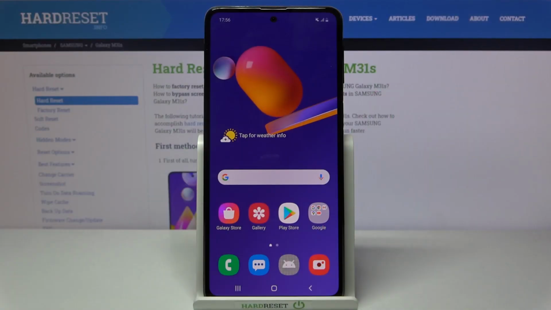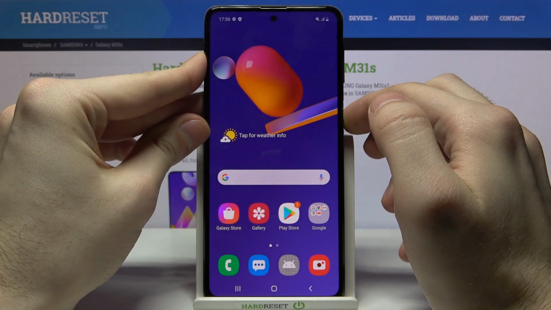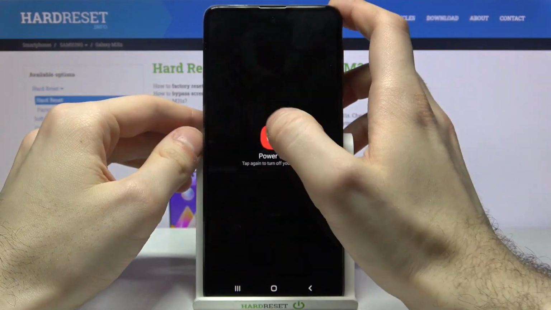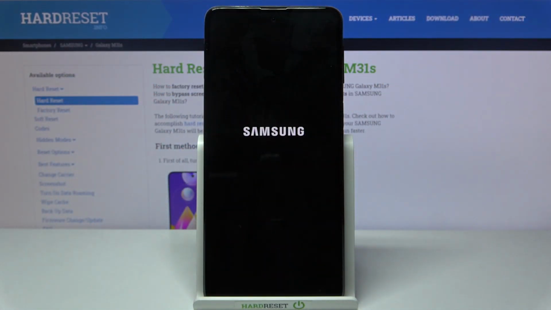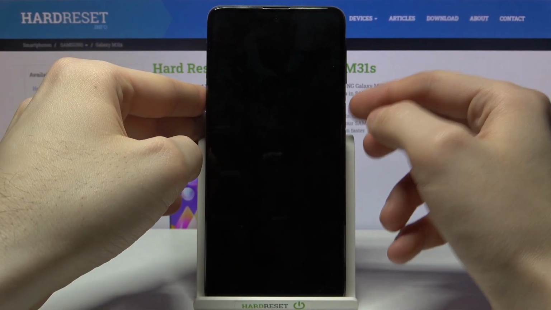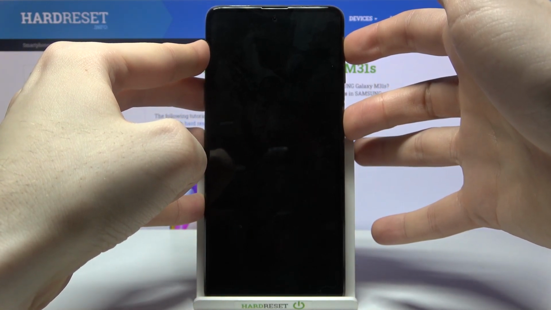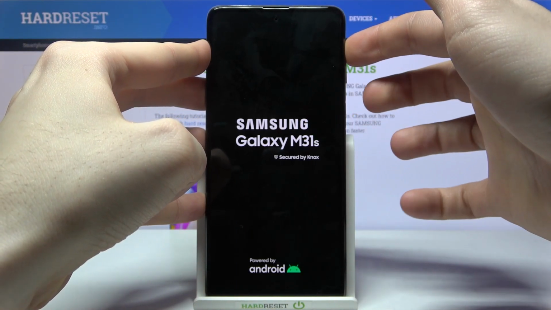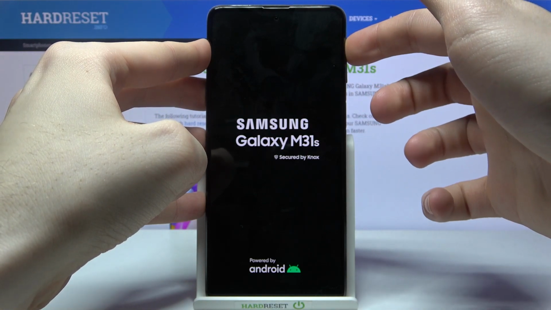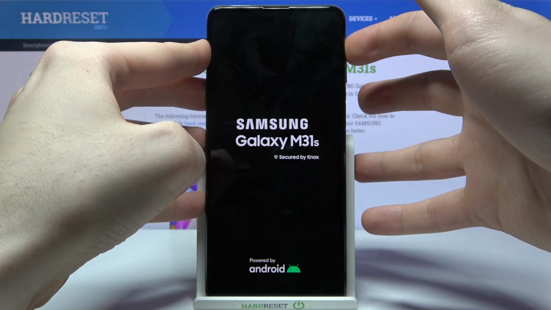Here I have Samsung Galaxy M31s, and today I'm going to show you how to wipe cache from this device. So first of all, you have to turn it off by holding the power key, and after it turns off completely, what you have to do is hold down the combination of power key and volume up at the same time for a few seconds. After the screen turns on, you can release the power key and keep holding volume up till you